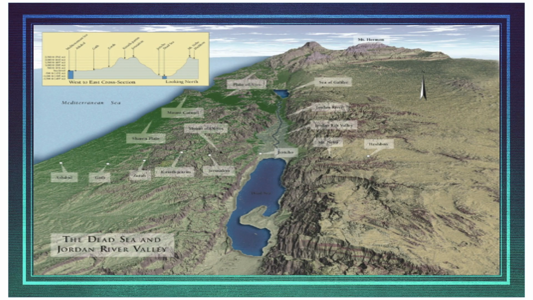I wanted you to see a topographical view. Off to the left is the Mediterranean Sea. I want you to see how high the mountains are on the right side as you look. Looking at it this way would be the east side. See my north indicator up there to give me my direction. Then there's that valley along the Jordan River, and we'll show that here in a minute. And then you have hill country. It's not really mountainous looking like the east side. You look to the north and you see Mount Hermon looks a whole lot taller. So that's the terrain they have to deal with.